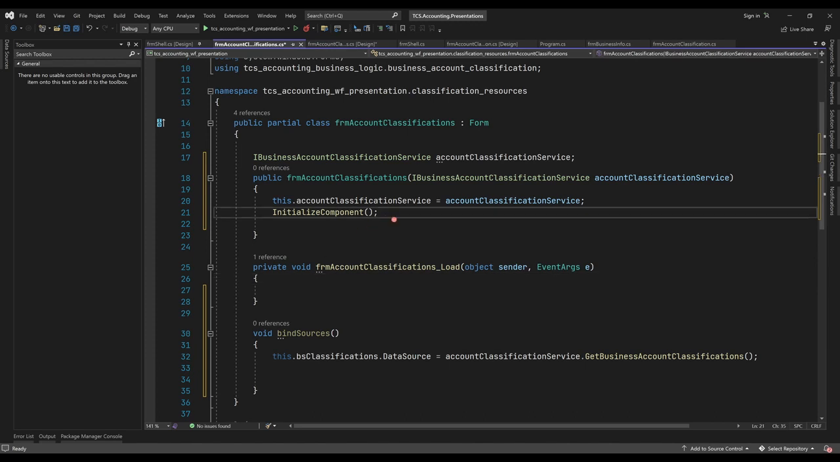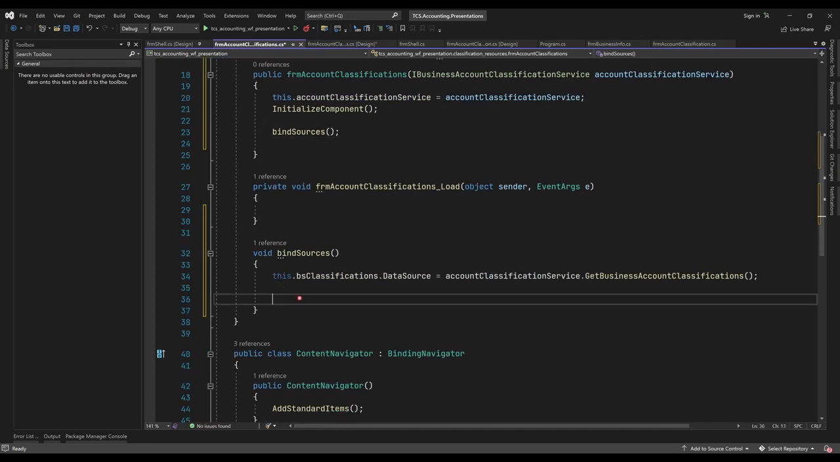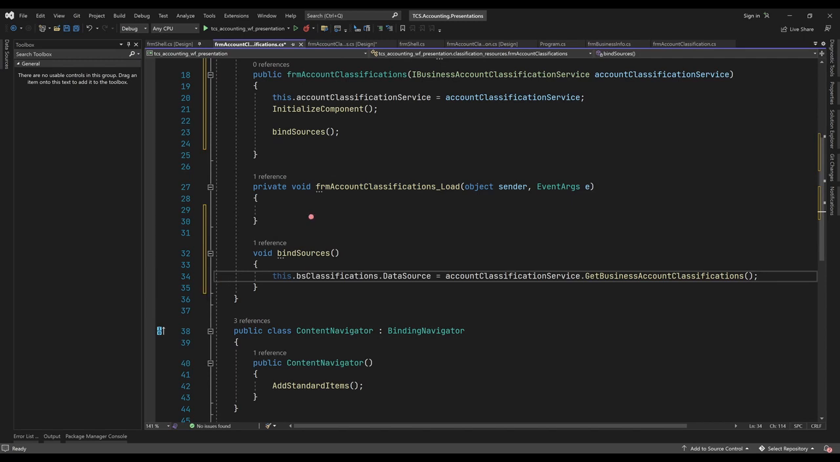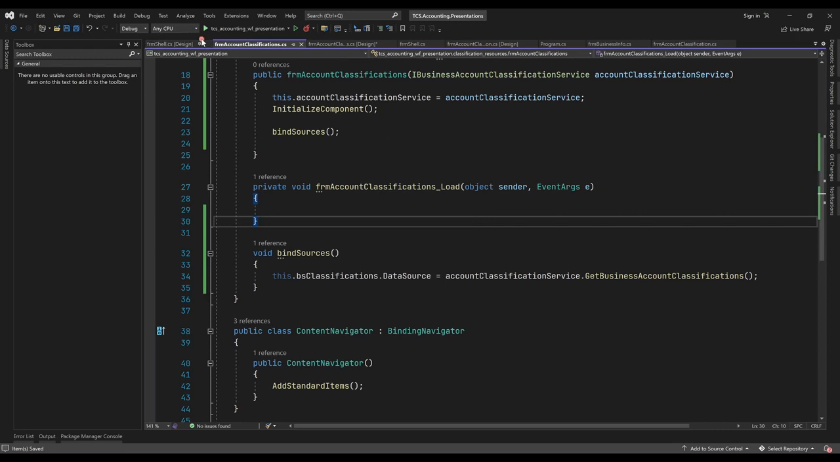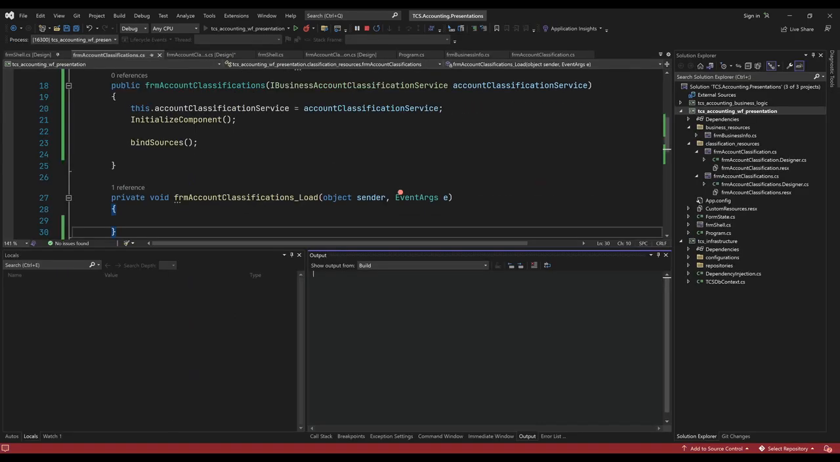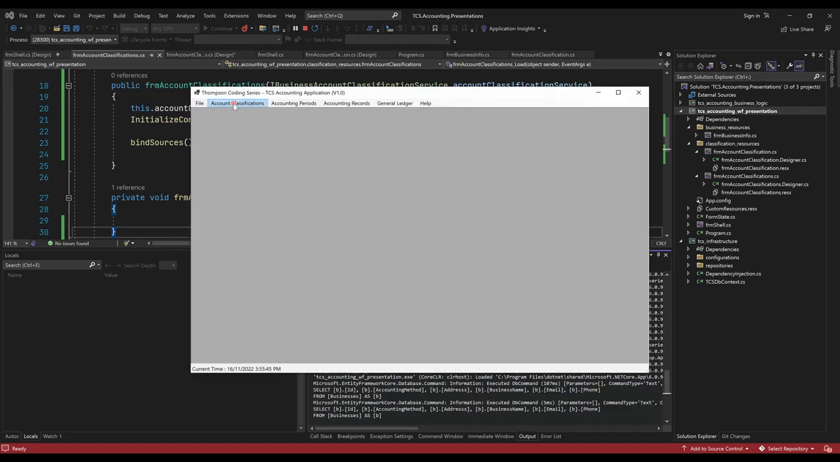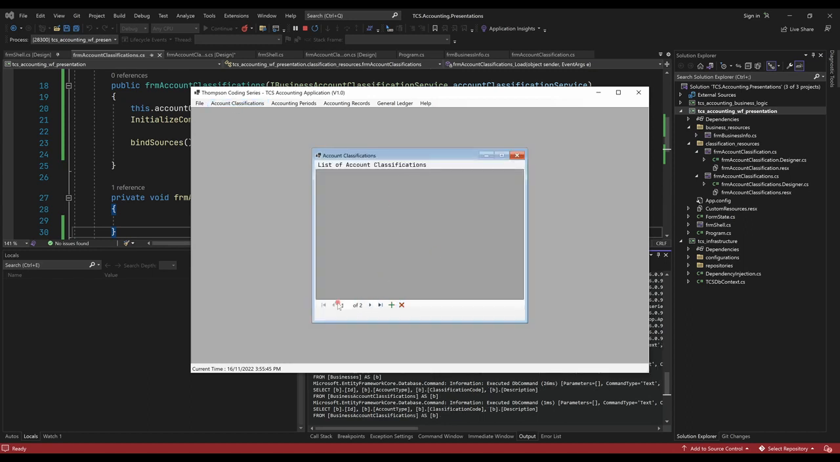After initializing our component, we can go ahead and bind sources. All right, just go bind sources here, and that is good for us. That's my opinion. We can go ahead and bind sources there. That is one, and let's go check that out and see how that looks. All right, now before we proceed, we can go here and we can notice that we have two items, and the binding navigator